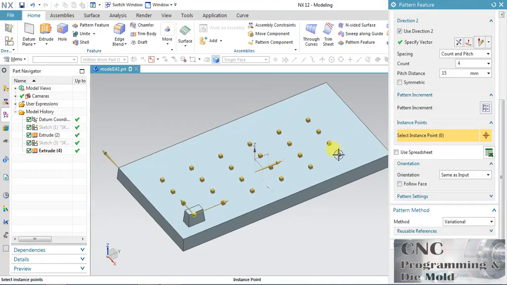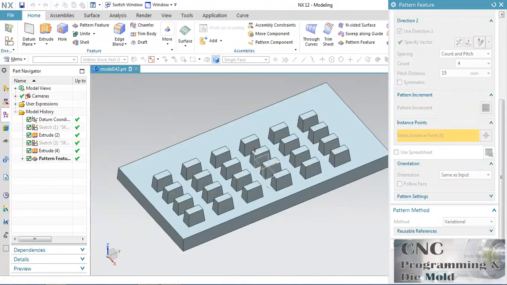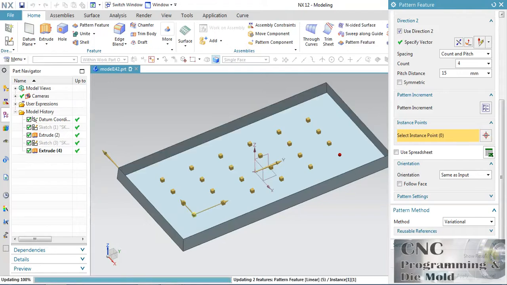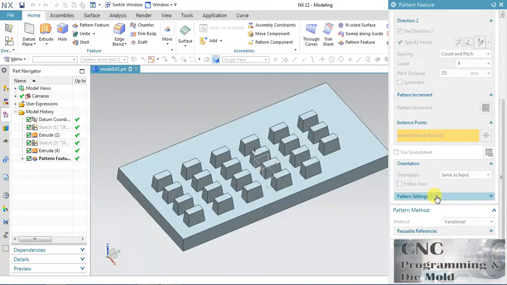And if you want to see this point again, just right click and unsuppress, it will come back in the pattern definition. Now again right click over the point and delete, and this point will be deleted.